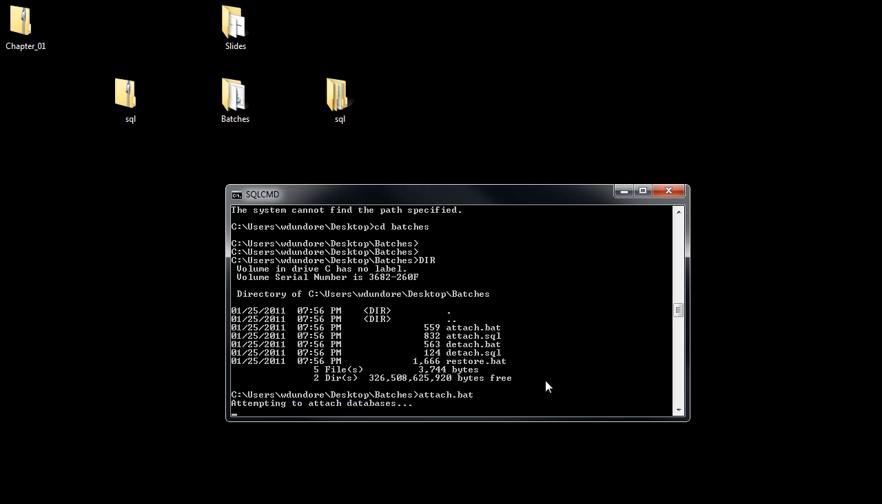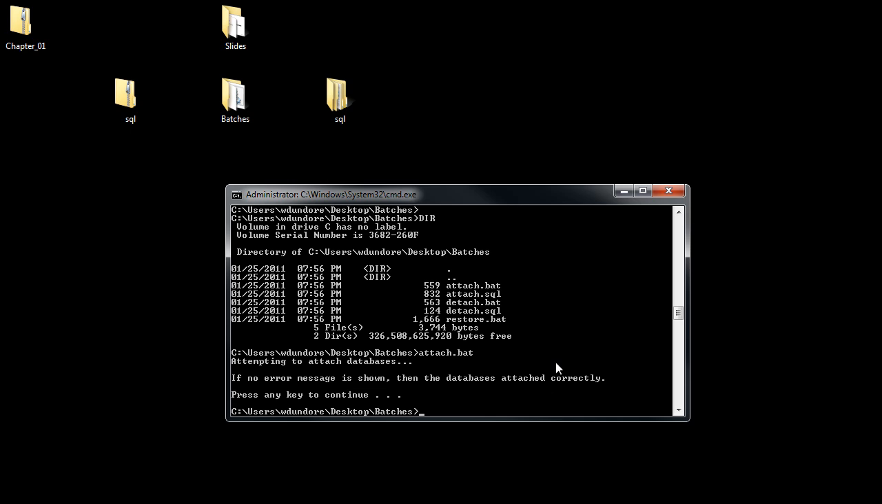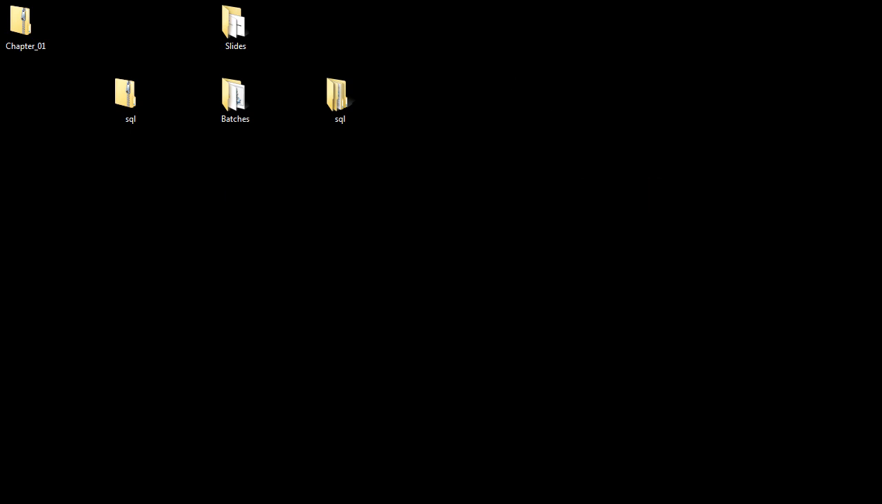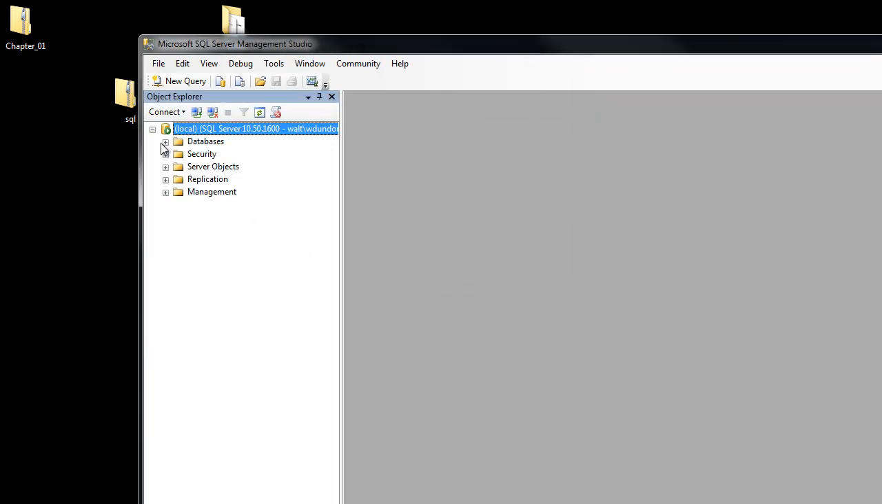attach.bat is what I want to run. This time there's no error message, which means that it worked correctly. And the way that you're going to verify that, open back up SQL Management Studio. Connect back and check on your databases. What you should then see for your system databases,